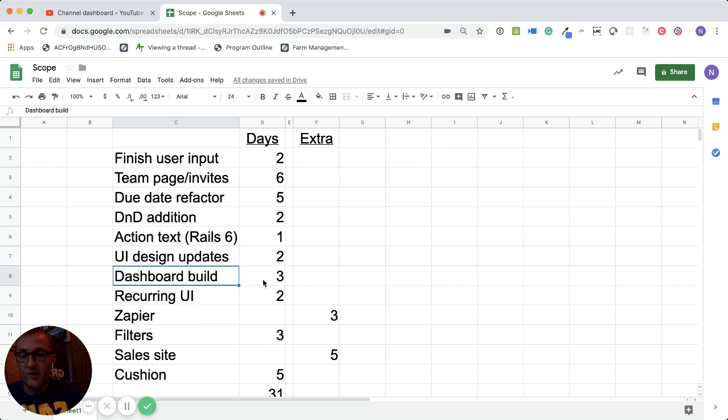And so the combination of the dashboard and our home screen being built out, that's 3 days, and the filters is 3. We need to refactor or finish the ability to set up recurring processes. So basically, you can turn on a process and have it activate on a recurring schedule. That's a couple days. So I had a Zapier integration here,